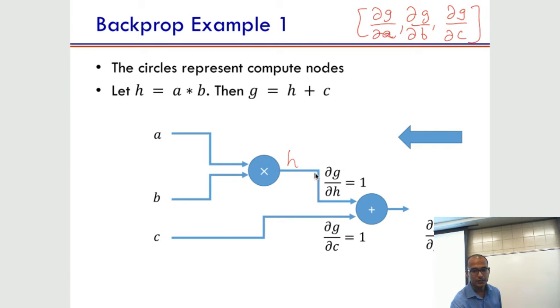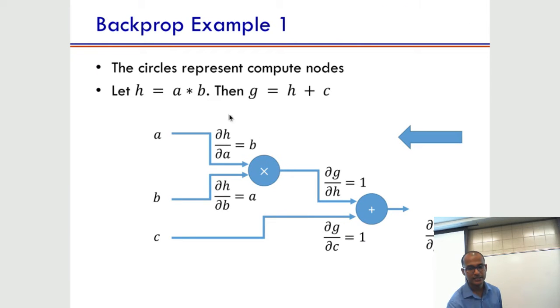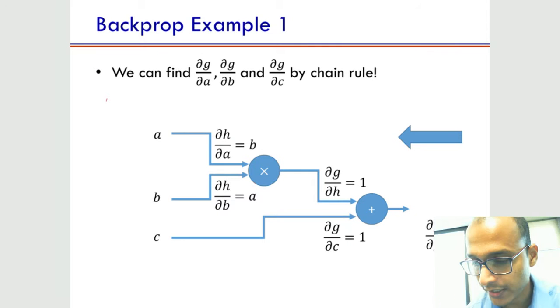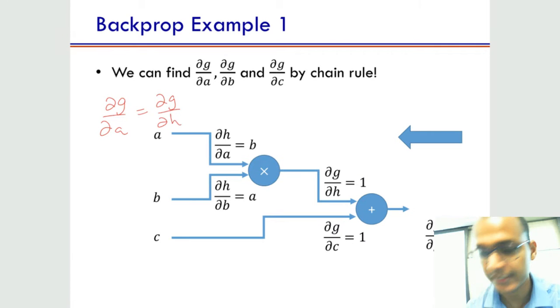Okay, all I said is this. The local gradient of h with respect to a is this. H with respect to b is this. Now we have these local gradients at this other node as well. So what we just need to do is observe that the gradient of g with respect to a is the gradient of g with respect to its input h